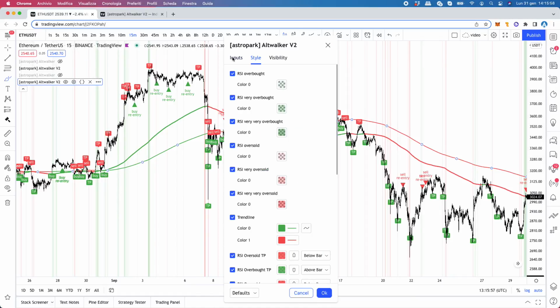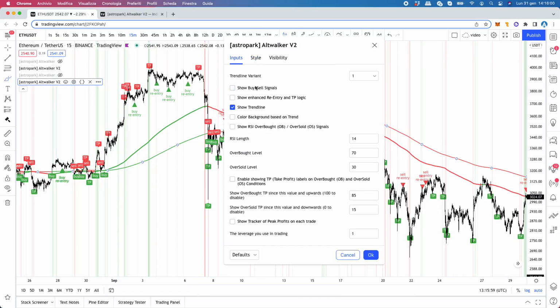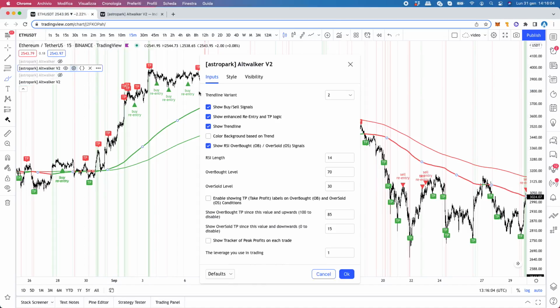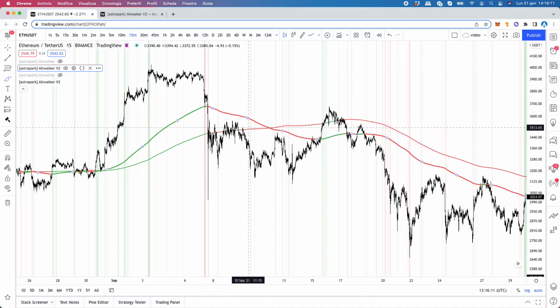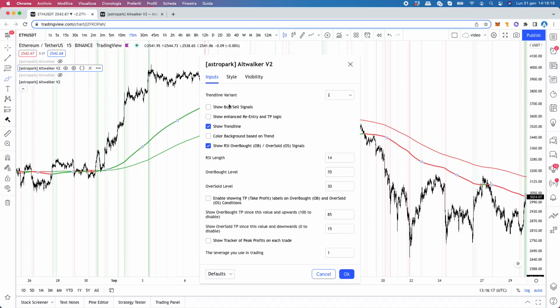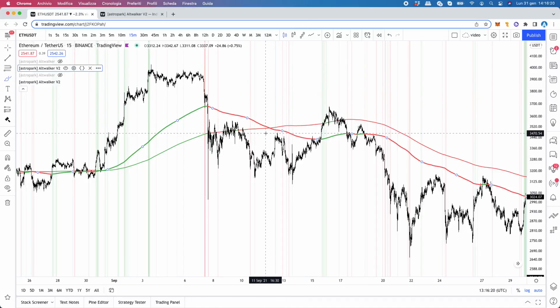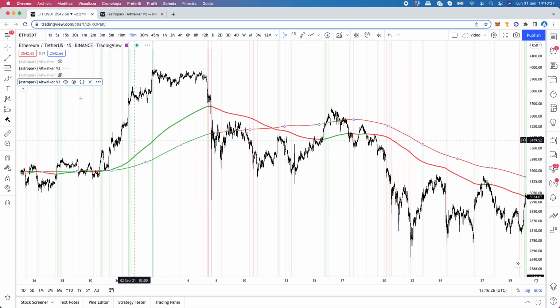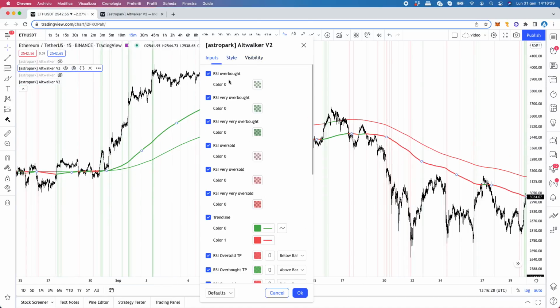So let's hide here buy and sell. You have here buy and sell. Let's hide this again. Okay, so what I wanted to explain to you something, okay? Let's show, for example, buy and sell here. Oh, sorry,